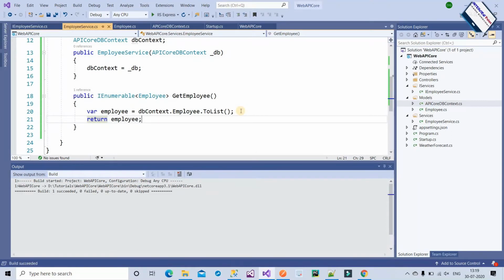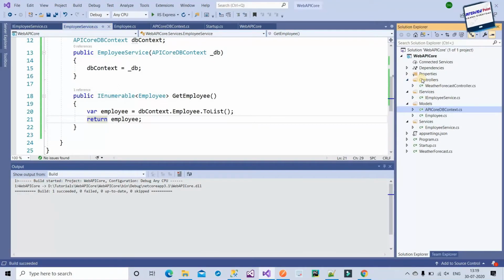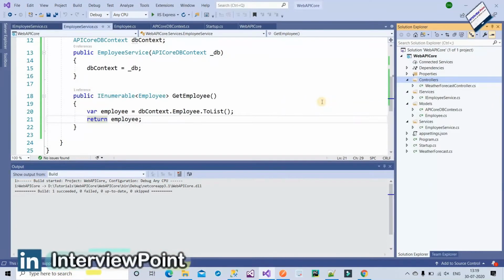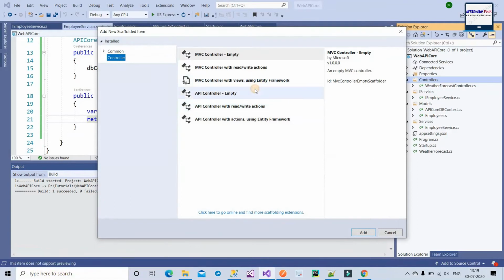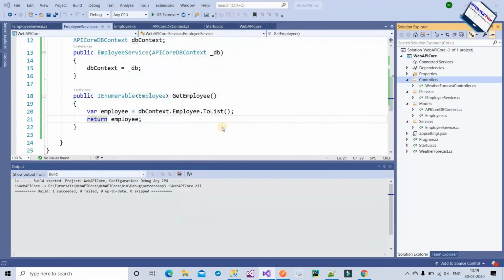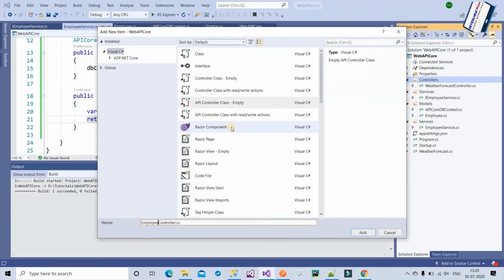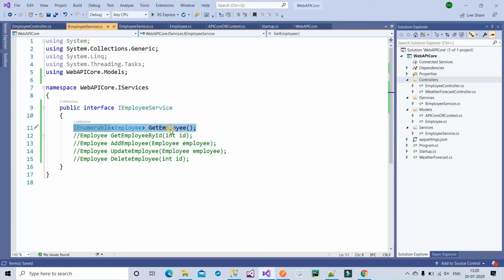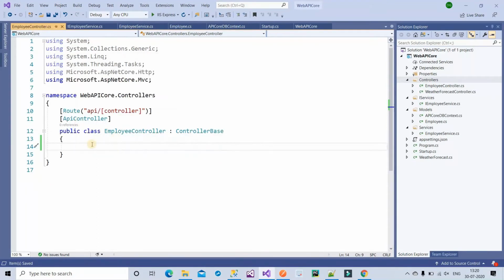Now I have to create one controller. I think I have not created it yet. So I have to create one controller called Employee. I am creating an empty controller and naming it EmployeeController. Guys, this IEmployeeService is the interface. I will use this interface, and to use it in the controller I have to create the instance for that. First I have to create one reference variable, and assign that reference variable by using